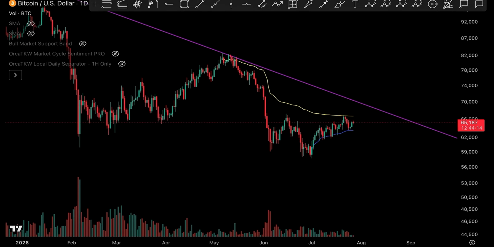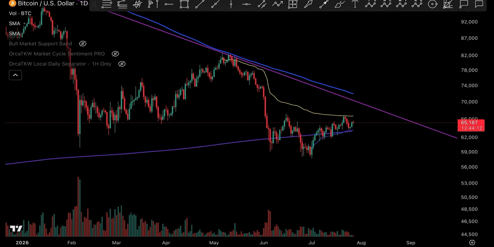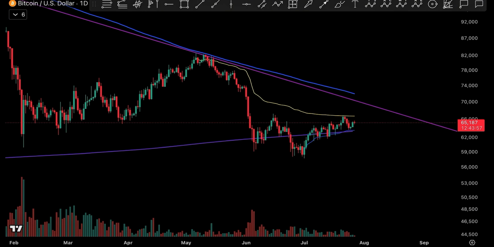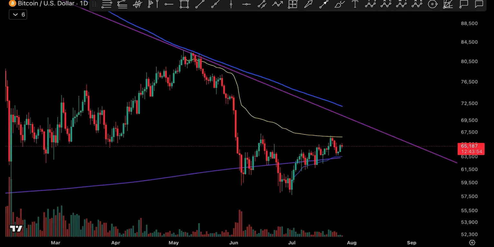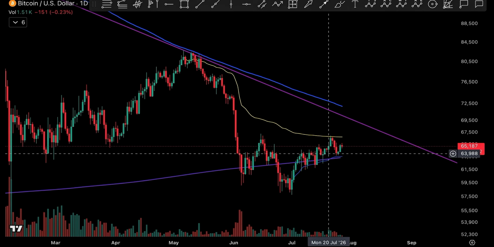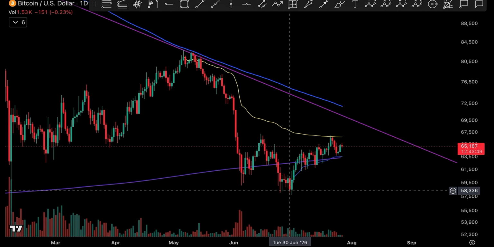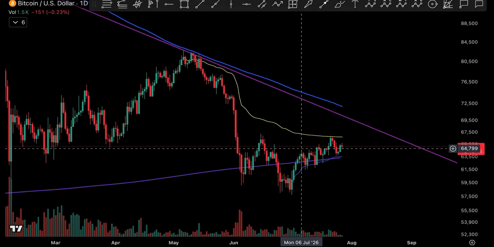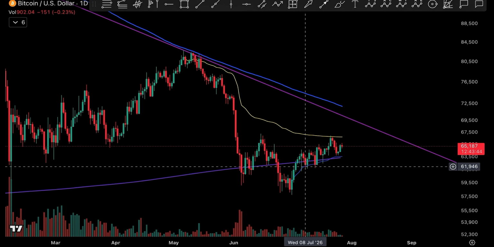I also want to show you the 200 daily moving average and also the 200 weekly moving average, which is in the purple, and the daily is in the blue color right now. So what you can see here is the purple one, which is the weekly SMA, and we have already tested it a few times on top of it. You can see we have broken first down below, and then after that we came back up, tested that zone,